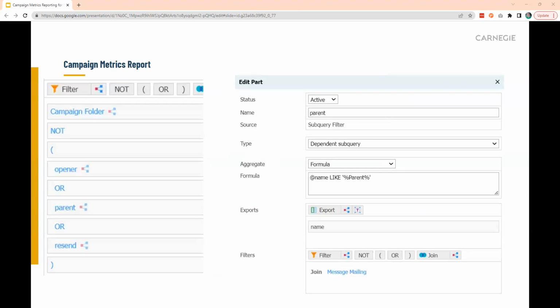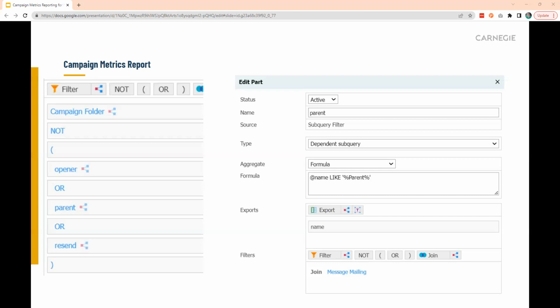A few things to consider if you have different types of emails within your drip campaign, or maybe foldered together, that aren't true drip emails that are using the timestamp. One example is maybe we have opener emails. Maybe we want to look at those emails that we're sending to students who previously engaged. So we want to exclude those from the main drip part. You can formulate your subquery filter in this way to use the formula to exclude or include any of these